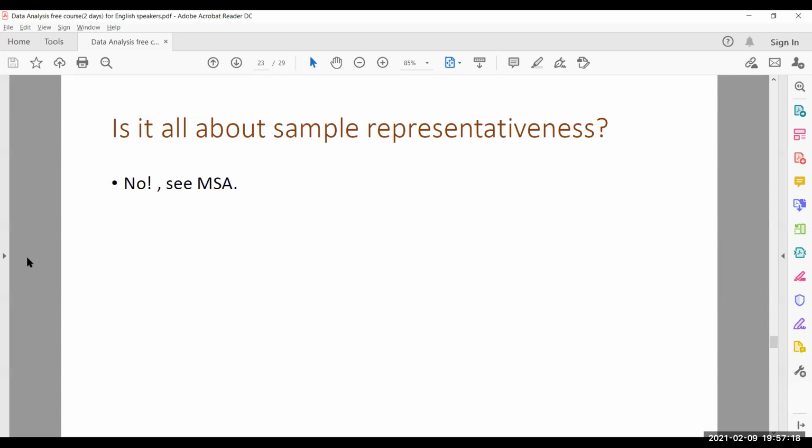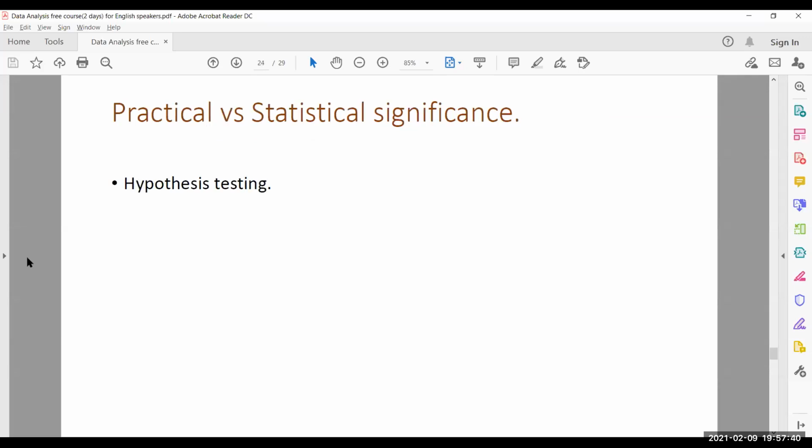So it is not all about whether the sample is representative or not. We have something called measurement system analysis. We analyze your measurement system, whether it's a device or a human body, in order to understand whether your devices or your people are measuring with a huge variation or with a low variation relative to certain standards. Practical